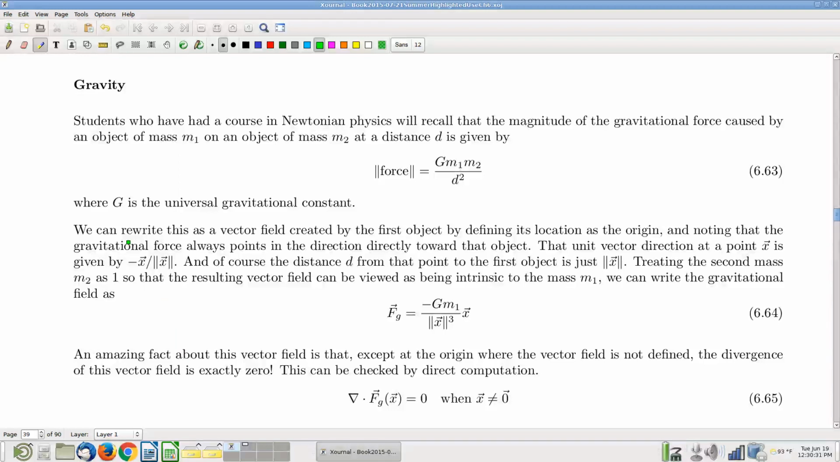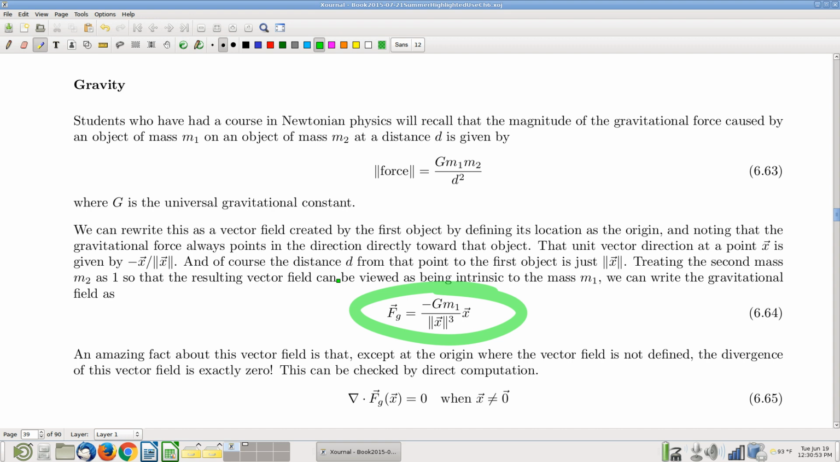Okay, so here's what we were talking about last time, gravity. Again, quick reminder, here's the old formula that everybody saw in high school, if you had a physical science class. We talked last time about how that can be rewritten, more appropriately for a multivariable calculus context, as